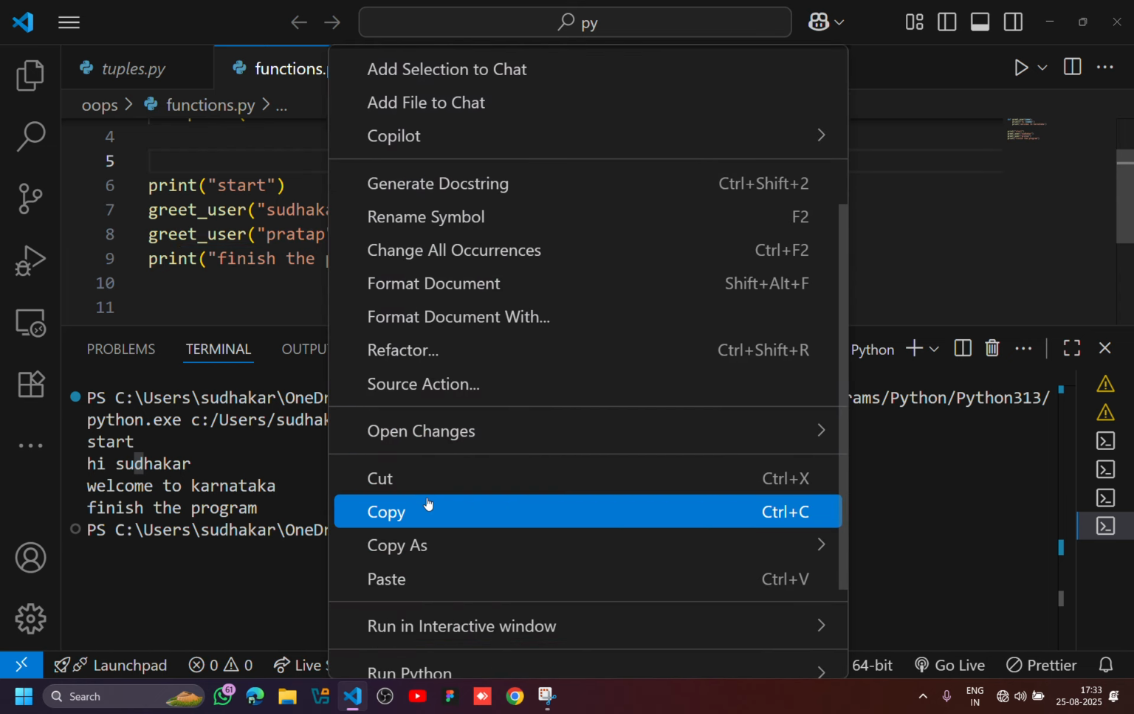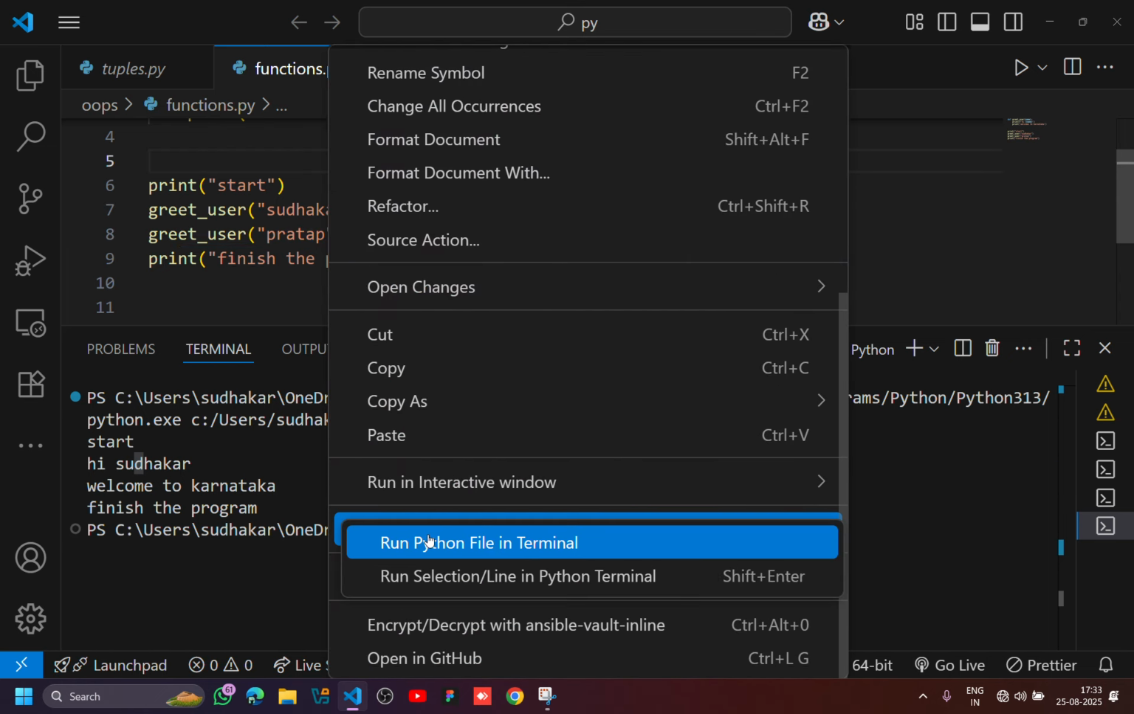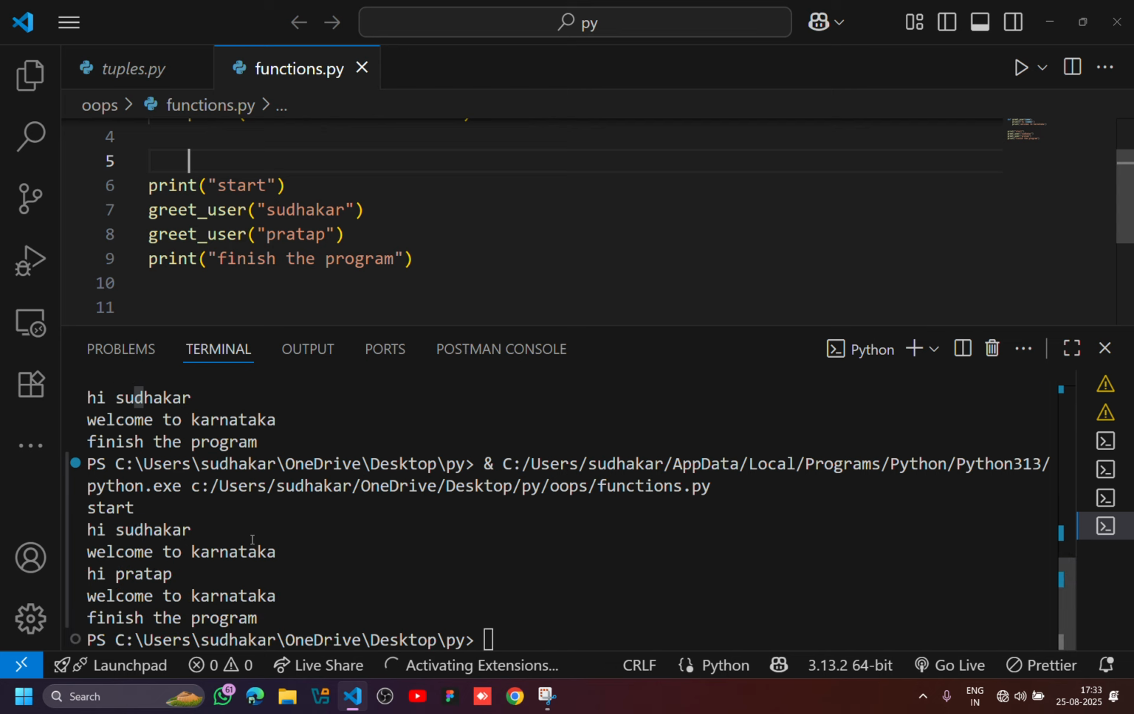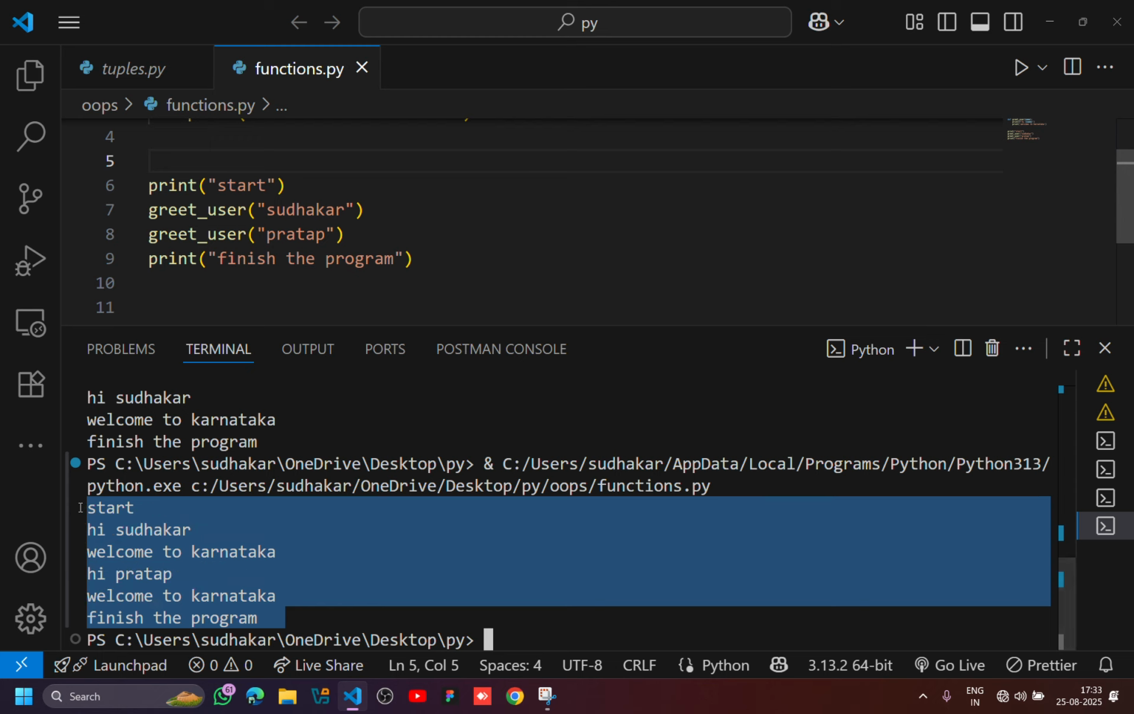Just right click, scroll down and hit enter. Okay, you can see start. Hi Sudhakar, welcome to Karnataka. And you can see hi Pratap, welcome to Karnataka, and finish the program. You can see the output. I just select here. You can see how we can make use of this multiple times once we define